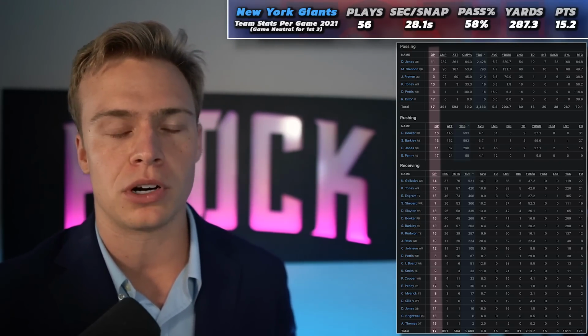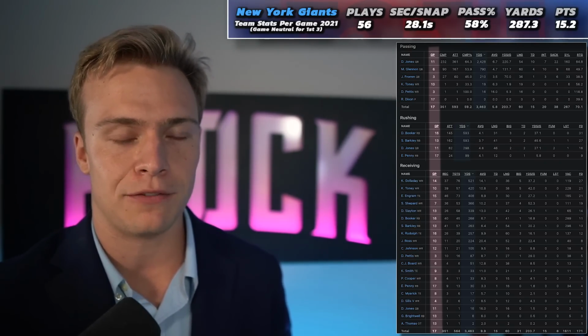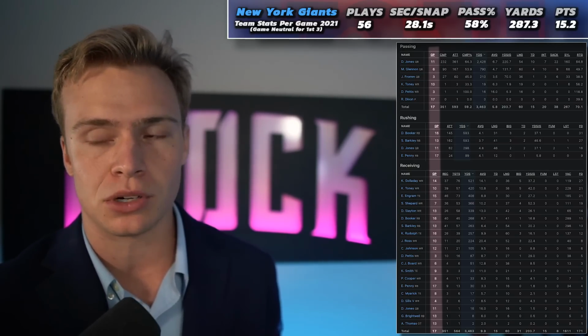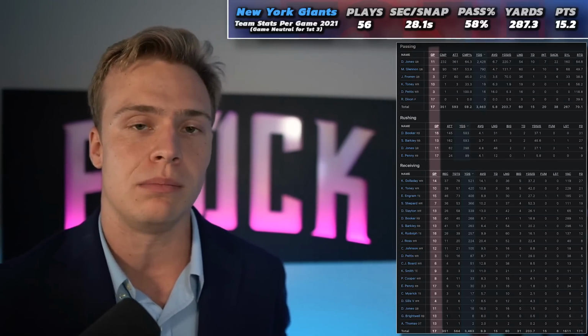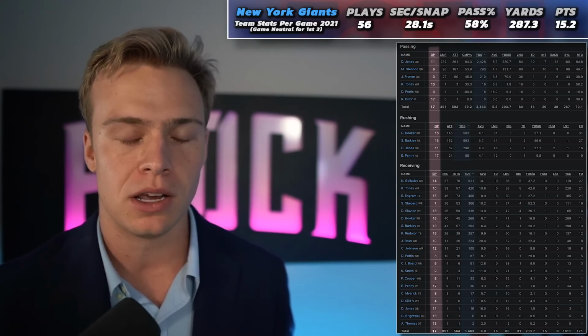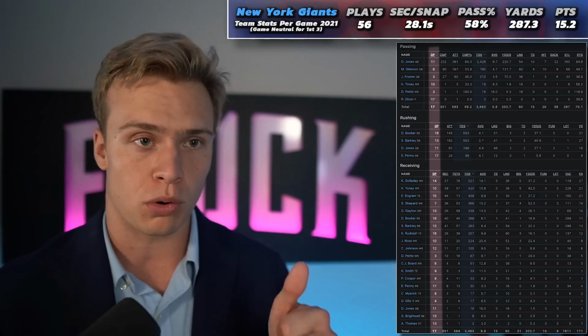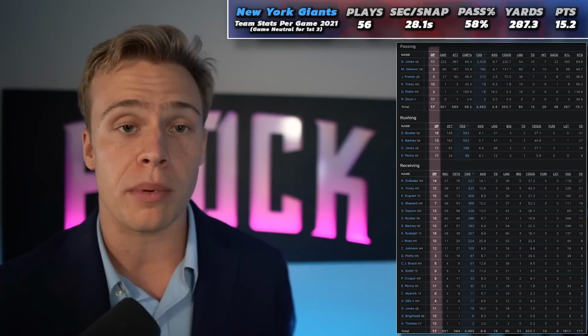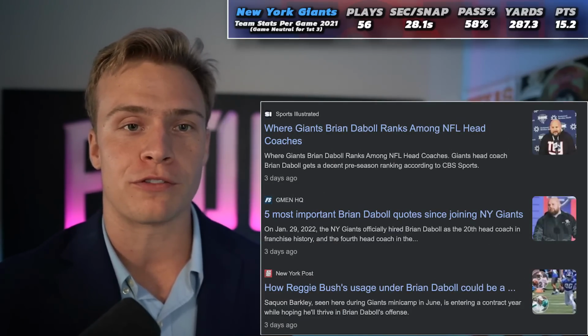You didn't have Saquon Barkley fully healthy. And on top of that, if we are going to be looking at this receiver corps, Kenny Golladay missed a ton of time. Sterling Shepard missed time. I mean, this was a much worse wide receiver corps this past season than what you will have this upcoming year. So you're possibly getting a healthy quarterback, a healthy running back, an improved receiver corps, but most importantly, Brian Daboll's coming over from Buffalo.